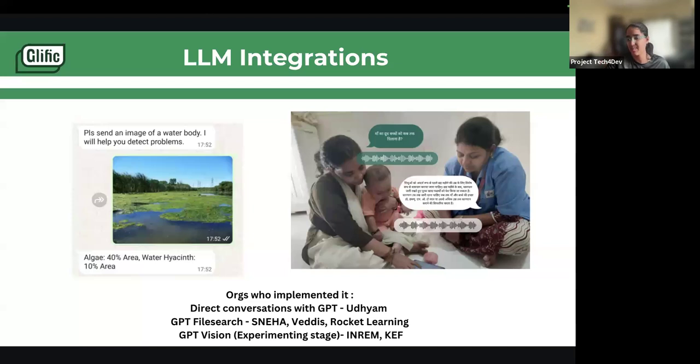And there's another experiment that we are doing with KEF where they have a persona for their bot. They have a mascot where two images are talking to each other, etc. Earlier they had a designer who drew all those images. Now, using GPT Vision, we were able to auto-generate those pictures. It will save a lot of time, bandwidth and money for the organization. So again, GPT Vision is at a very experimental stage, but it has been giving great results until now.